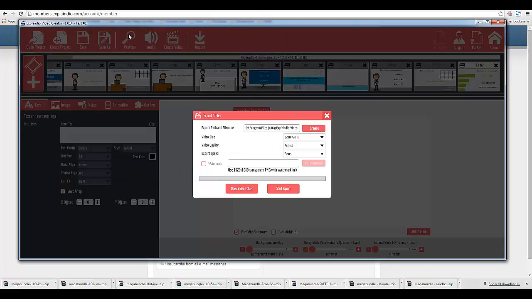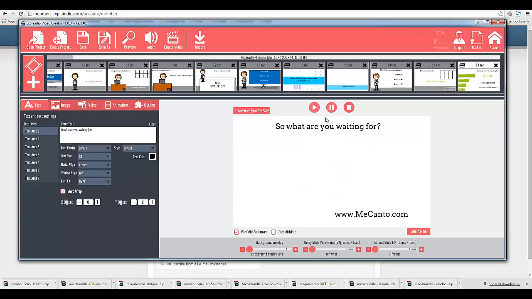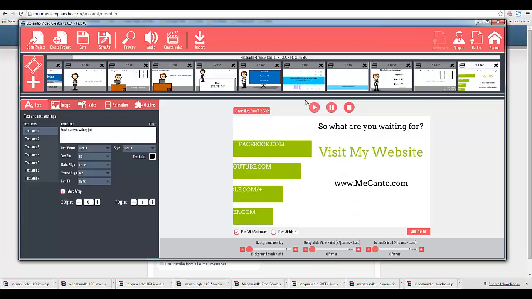It'll look just like the preview that we had, but just to show you this, you're going to export your slides and they're going to come out as one file. You can choose the playback quality, okay, 720 in this case. Alright, and then you would click Start Export to start creating the video.